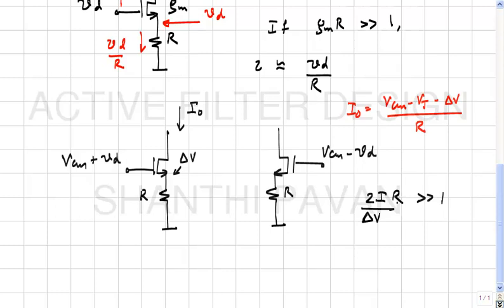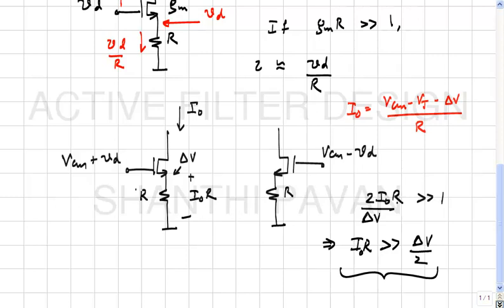You understand? So, the equivalent condition GMR much larger than 1 reads IR much larger than delta V by 2. Correct? And what is I naught R basically? This voltage is I naught R. In other words, you can expect the linearity to be good if the quiescent voltage drop across the degenerating resistor